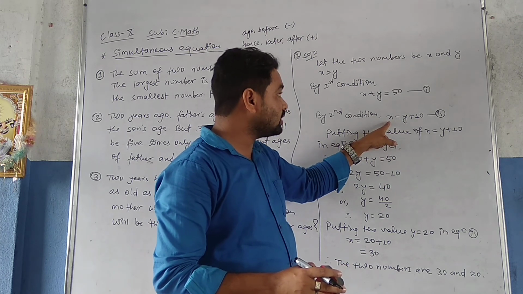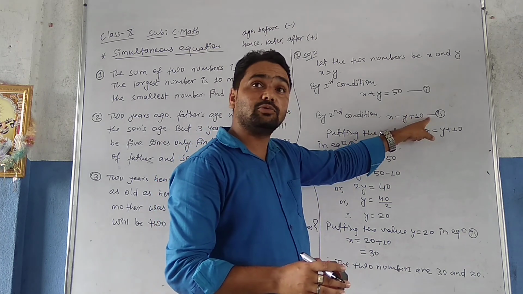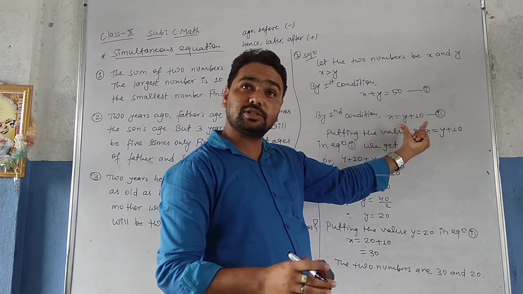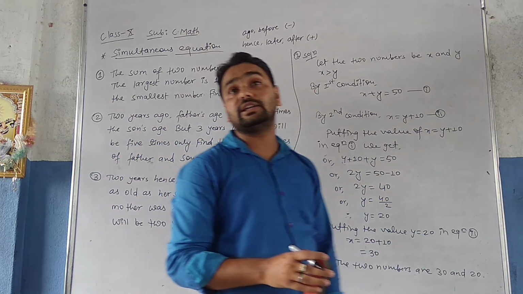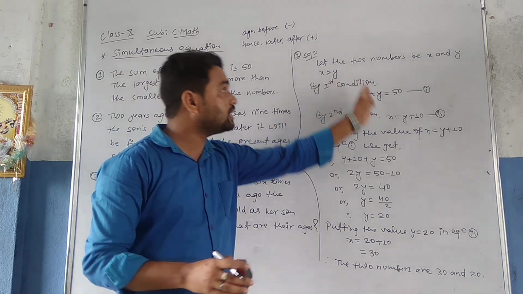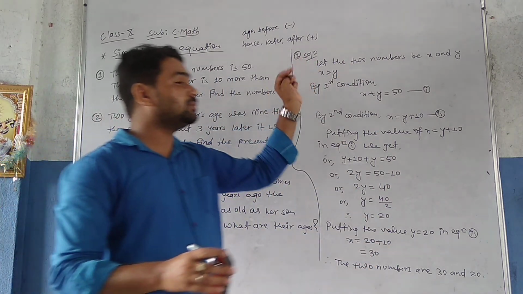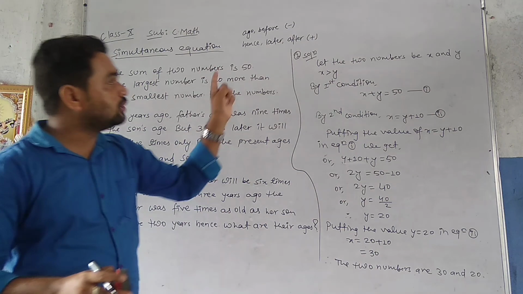Similarly, the second one: x equals 30, y equals 20, plus 10, we get 30. That means the second is also satisfied. So our two numbers are 30 and 20. In this way, we can solve it if two unknown numbers are there, then we have to let them